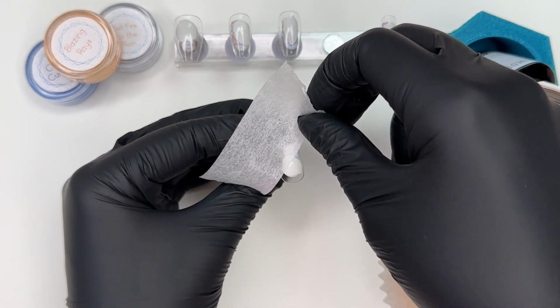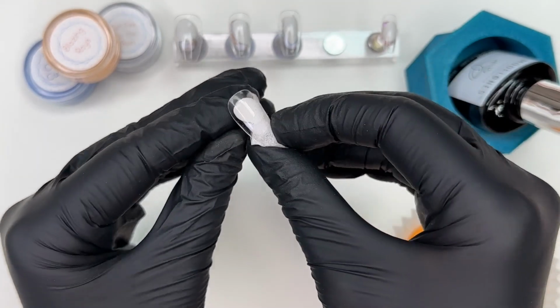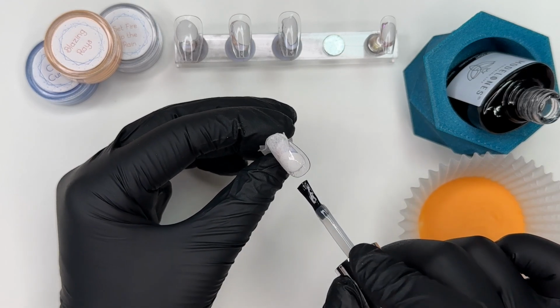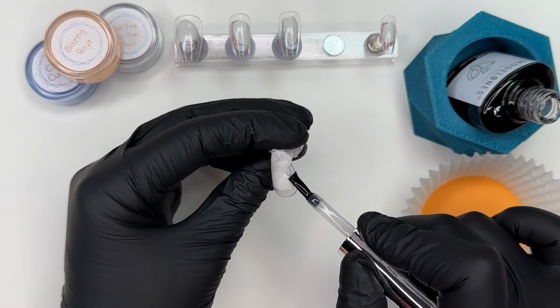But before we dive into any of the powders, we're going to start off with a little bit of color blocking. I'm just using that 3M medical tape, and everything that we are using in today's video can be found in that description box below in that video. There's a little arrow, just drop down on that arrow, and then everything that you see here can be found